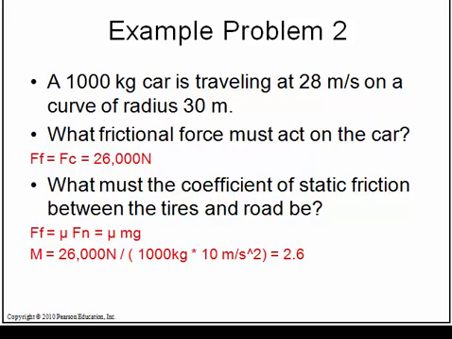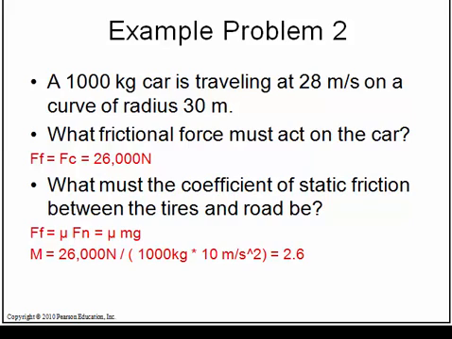What frictional force must be acting on the car? The static frictional force has to be equal to Fc, so we can set Ff equal to Fc. To find the coefficient of static friction, we can solve for mu. Ff equals 26,000 newtons. It also equals mu times mg. Mu is equal to 26,000 newtons divided by 1,000 kilograms times 10 meters per second squared,